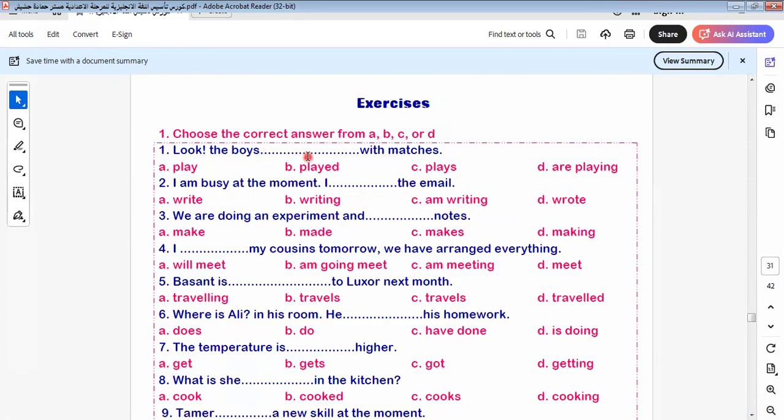I think now we know how to do the present continuous tense. Here we do the exercise practicing on this time. Here we say look. So when I say look, this means what? This means I say you pay attention at the time of speaking. So the answer will be what? The boys are playing. Why here? Because here look. So in the exam we must take care when we put the tense in the suitable tense